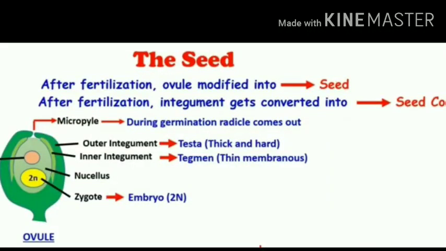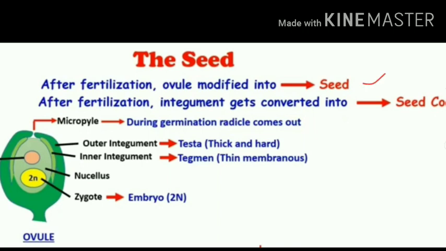In the previous video we discussed the fruit part. In this video we are going to discuss the seed. So guys, remember one thing: the seed is nothing but an ovule. After fertilization, which means after the fusion of the male gamete, which is the pollen grain, it gets modified into the seed. Try to understand, it's a very simple concept. So a seed is nothing but a modified ovule.